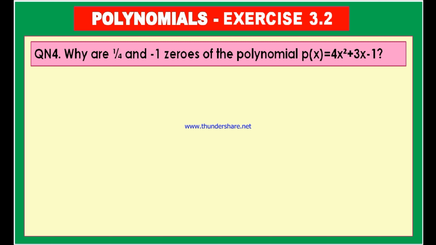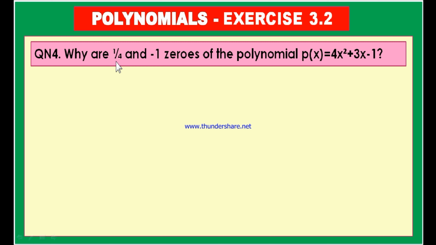For example, here we have given a polynomial. In this variable x place, if we substitute 1 and if you find the value of the total polynomial, if the total polynomial becomes 0 when you substitute x is equal to 1, then 1 is called the 0 of the polynomial. Similarly, if you substitute x is equal to minus 1, if we get the total value of the polynomial becomes 0, then minus 1 is called 0 of the polynomial. Similarly, if you substitute 1 by 4 in the place of x, and if you simplify this value, if you get 0 finally, then this 1 by 4 is called the 0 of the polynomial.